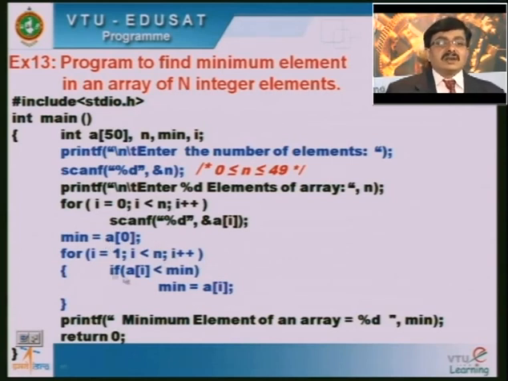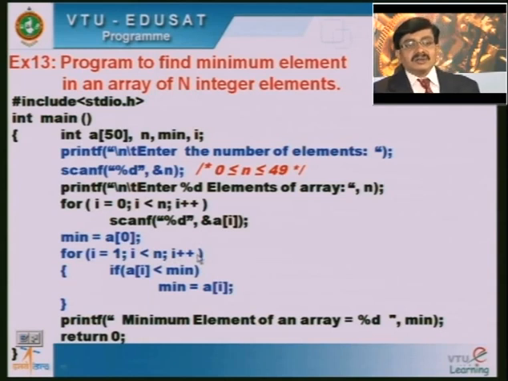So you have to retain that particular minimum element value. When a of I is lesser than the min, I will update it, otherwise I will go for the next iteration of the loop, and there is no need of writing else here. If the element a of I is lesser than the min, I can conclude min is equal to a of I. Else means I cannot say the min value itself is the minimum element of the array, because until and unless I compare with all the elements of the array, I cannot conclude which is